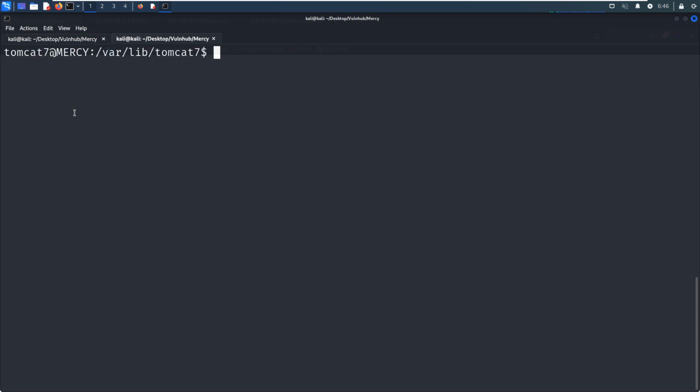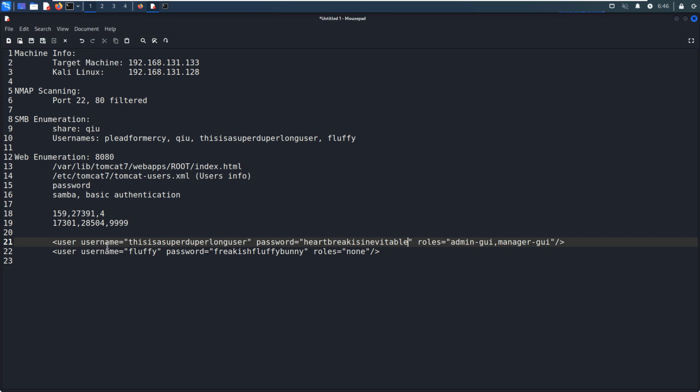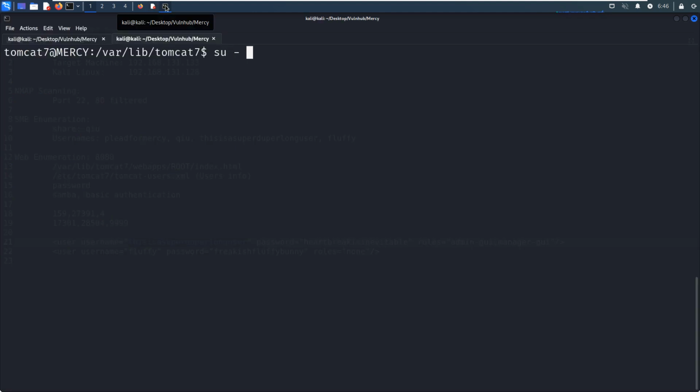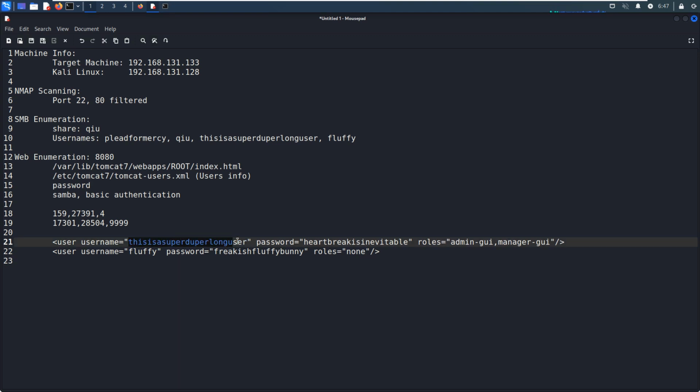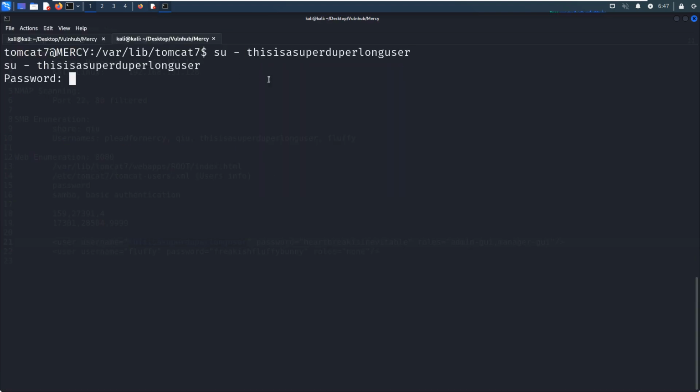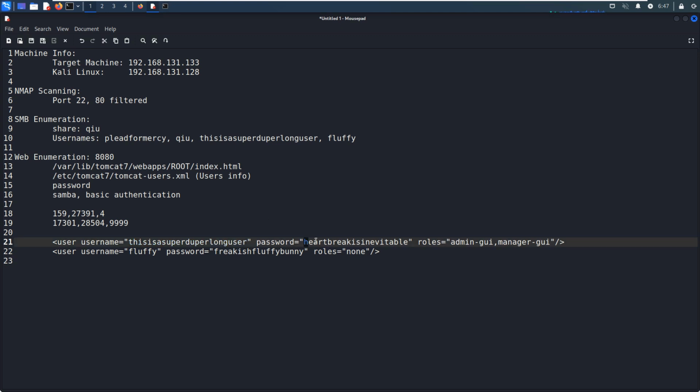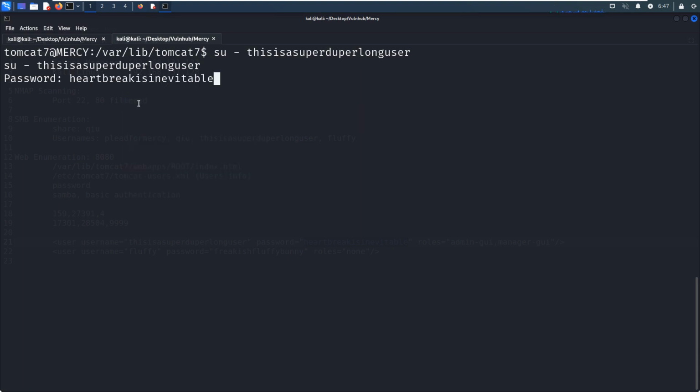Okay. So next, we have really got 2 sets of credentials, and also we know this user is a local user on the system. We try to make a lot of movement, right? So we can switch user. This one we can copy and paste in here. Provide the password. We can use the same password, because sometimes passwords are reused in different locations. However, we got the authentication failure.